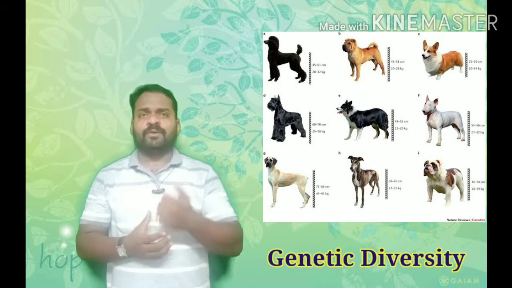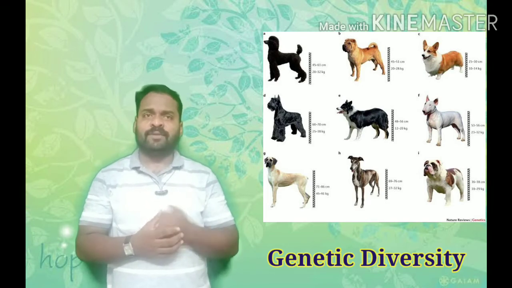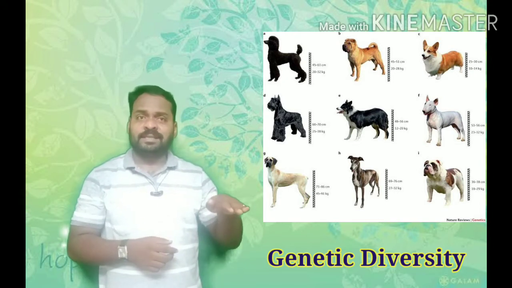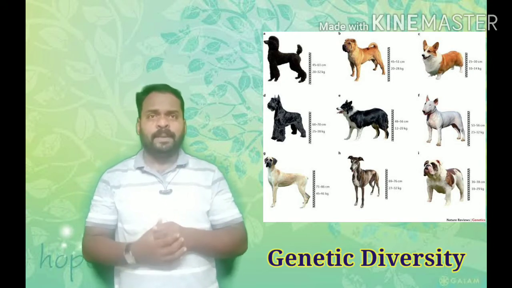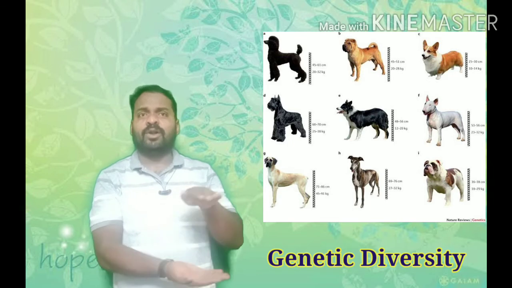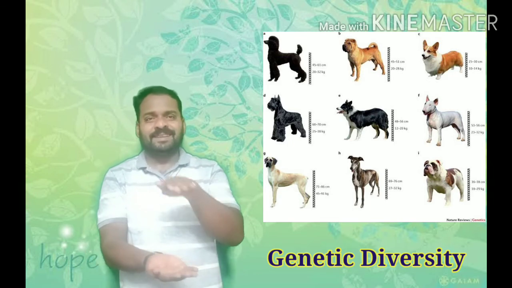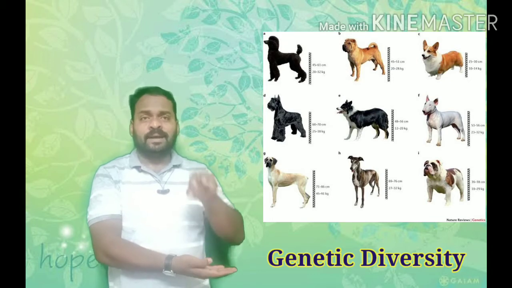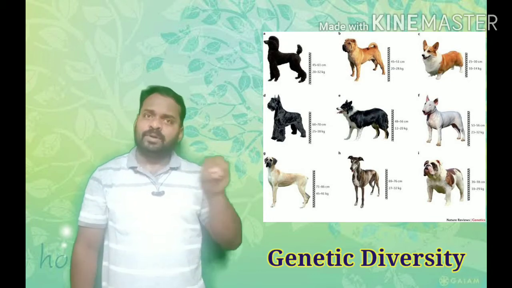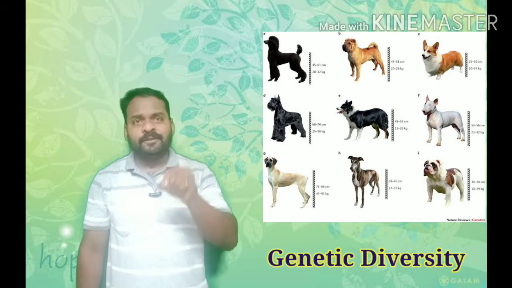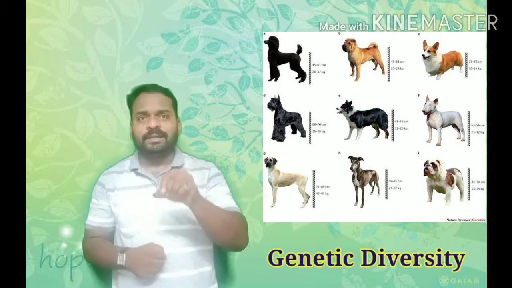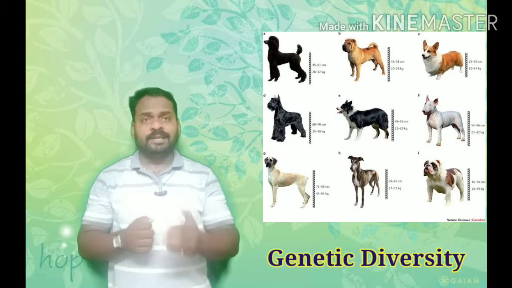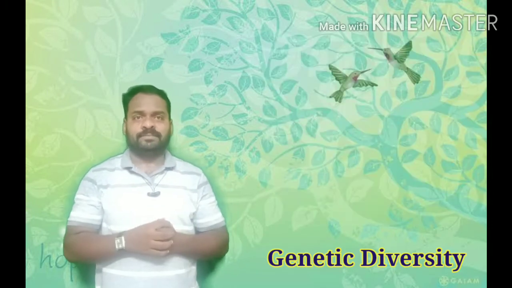In dogs, there are a few examples. Pomeranian, which has long hair on its skin. Then Great Dane, having a large size. Then puppies, pug we can say. Vodafone dog, simply. He's looking very cute and very short in size, isn't it? The species is the same, dog, but due to the variability in the genetic material in the body, they look different from each other.